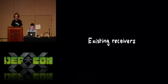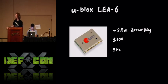So I guess it's probably good to start with a little survey of what's already available. Very quickly, we have something like a u-blox receiver. Really amazing receiver. For like $100, you can get 2.5 meters of accuracy, 5 hertz update in position solution. It's small, it's low power, really nice integrated little unit, more similar to what you have in your car navigation system or your cell phone, but it's completely black box. There's not really anything you can tune on it. No parameters to tweak. You pretty much just get what you're given,